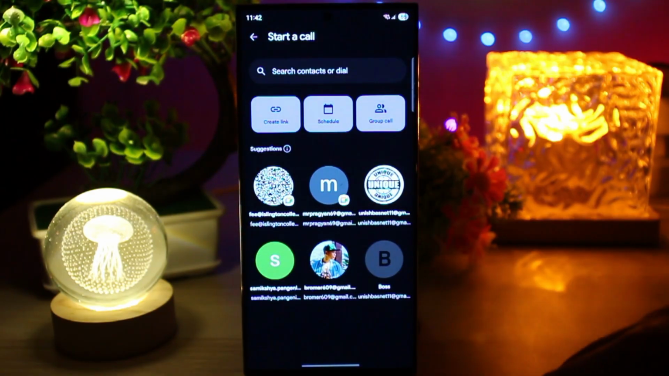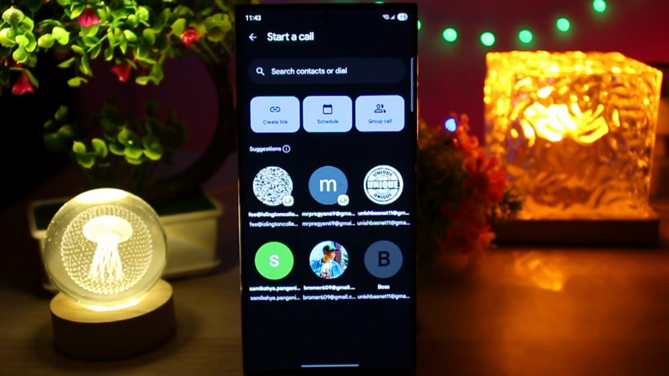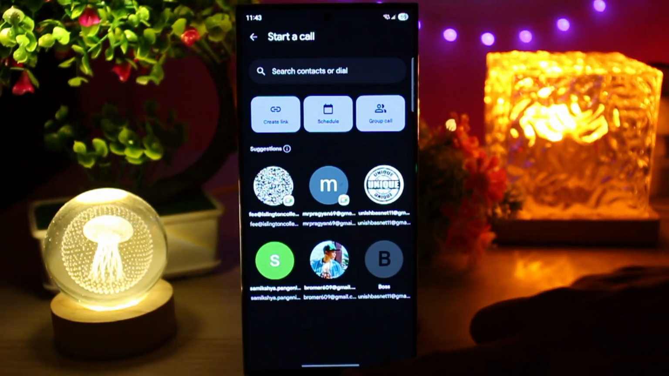to join your meeting. Inside the meeting you can mute and unmute your mic, turn the video off or on, and use the chat option. Tap the screen to see all the controls like raising your hand or sharing your screen. And that's it. Now you know how to use Google Meet on your